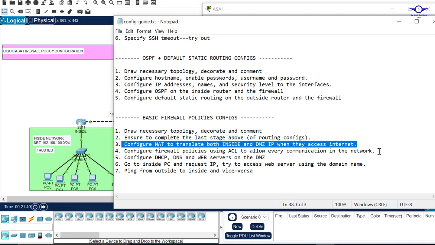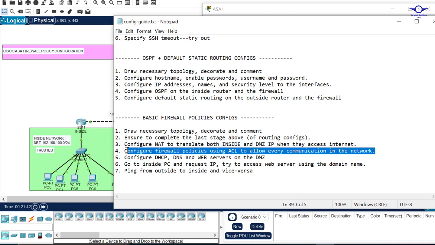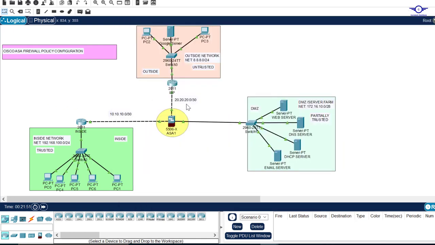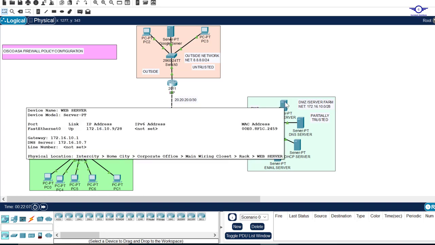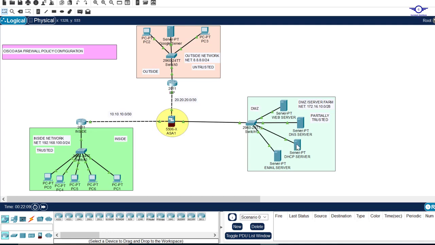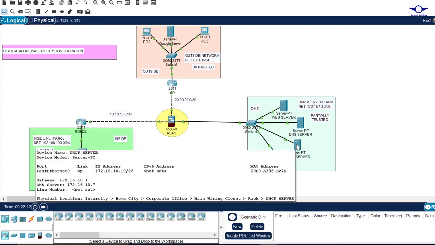Okay. All right. So the second thing here is to configure firewall policies using access control lists to allow every communication in the network. Remember, in this part of firewall configuration, it was all about basic firewall policies. What we want to achieve is just to enable communication from this network to this network. So, for example, if I can just try to ping, remember, I have configured IP addresses to these servers, and you can see. Let me try to ping the DHCP server. You can see the DHCP server is